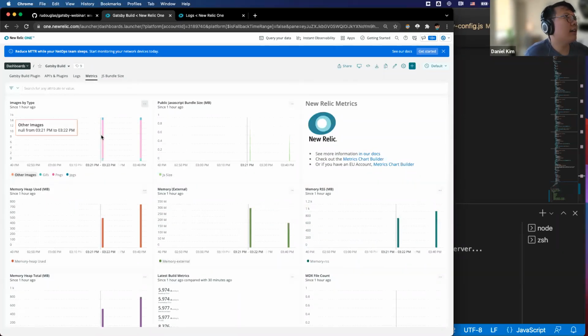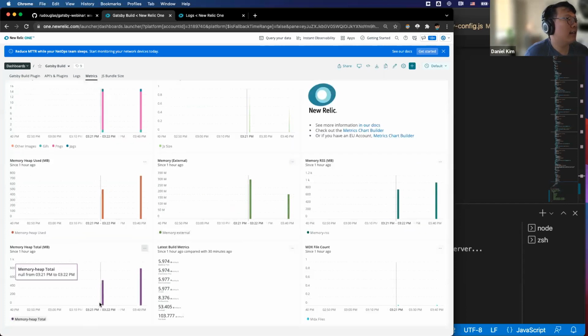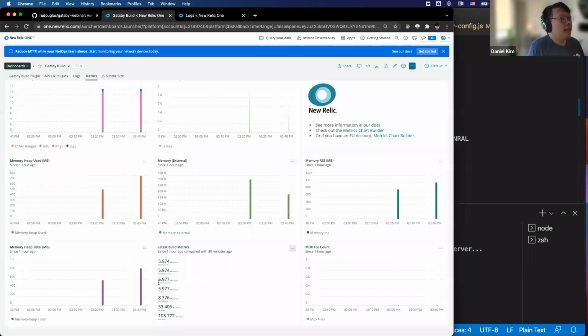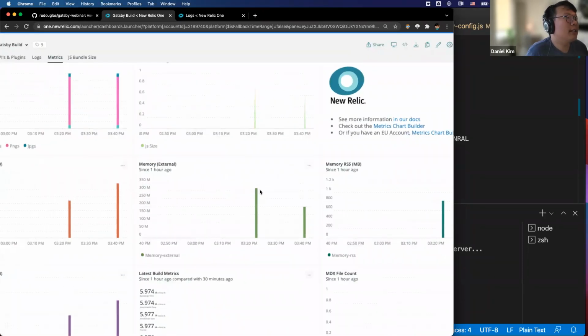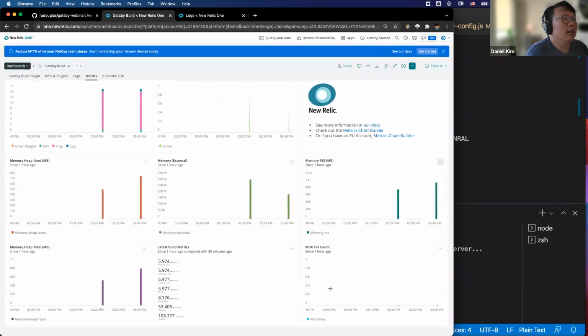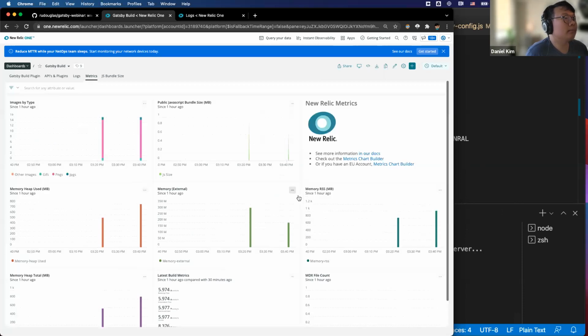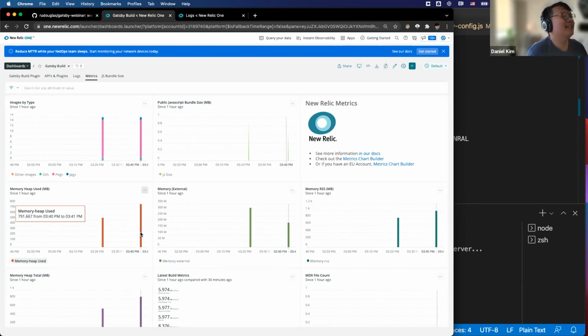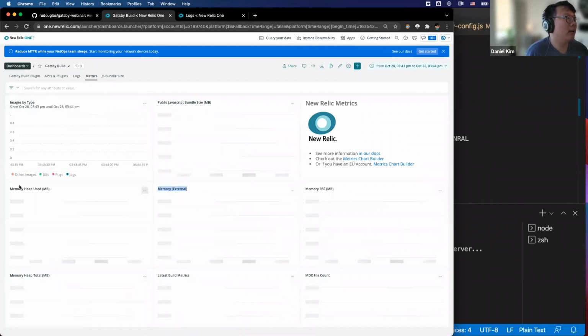So you can already see right here the difference in build times. Wait, let me make sure that my environmental. Okay, cool. So you can see the memory used has gone down. There's no MDX files, but you can compare and contrast various builds based on the changes you made to your website. For some reason, it's showing a larger memory heap, which is not supposed to be like that, but this is a live demo, so yay. In theory, you should be able to see the more efficient site building with better memory usage.